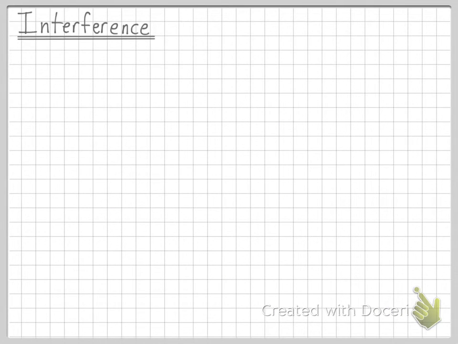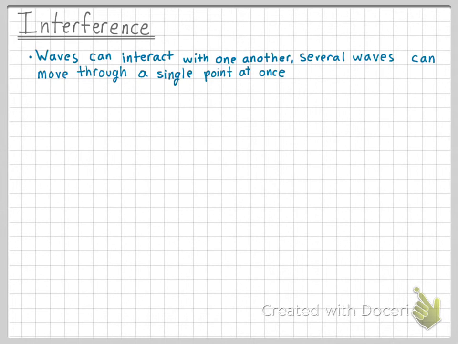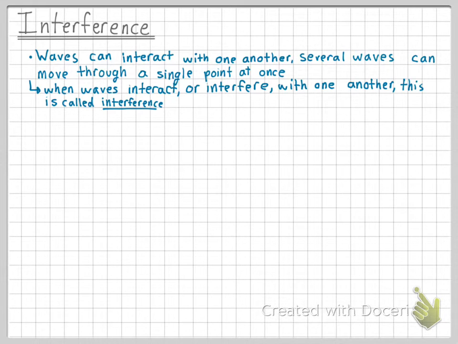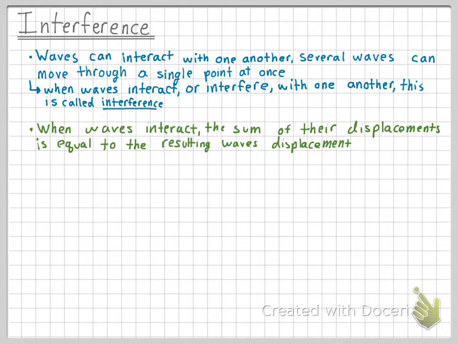This video covers the concept of interference. So waves can interact with one another, which means that several waves can travel through a single point at once. Interference is the word that we use to describe when waves interfere or interact with one another. In order to show how waves interact, the sum of their displacements or amplitudes is going to equal the resulting